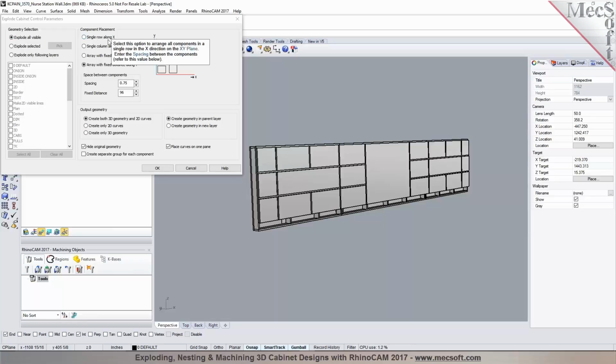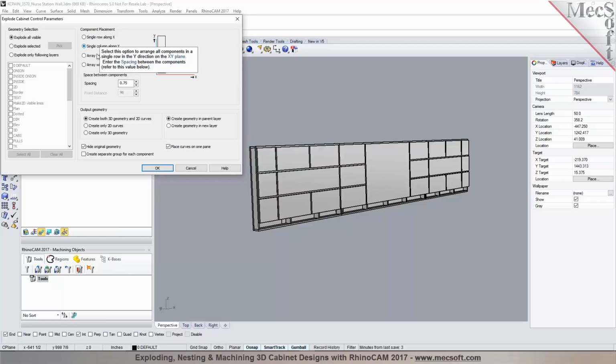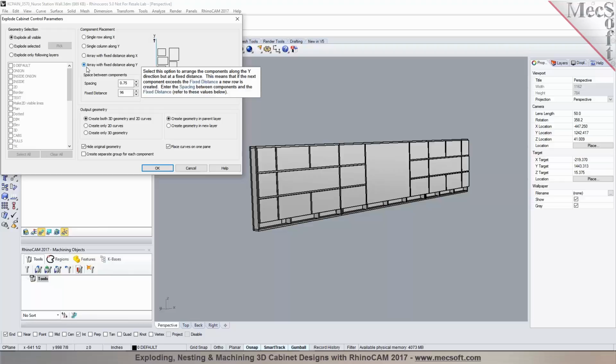I could place them along a single row, along X, or along Y, or I can array them along X first and then stack them up in Y, or I can do an array with a fixed distance along Y. If you're going to be using a router, your sheets are probably going to be 4x8 or standard sizes, right? So if you want to make sure that the Y on the router is going to be 8 foot, which is 96 inches, I can put in a fixed distance, and then I can also set spacing between each panel